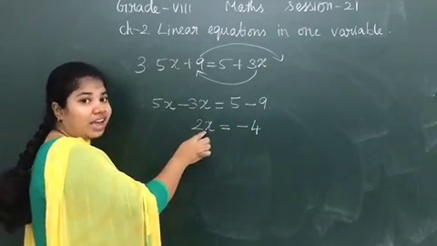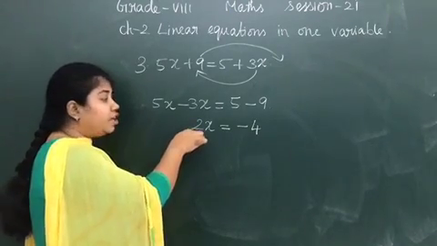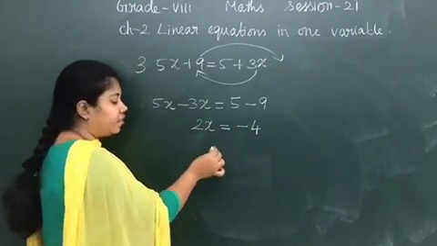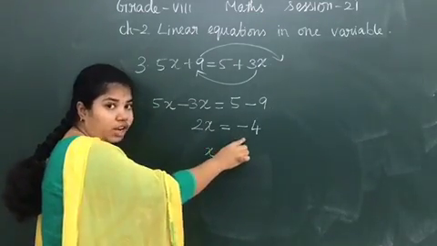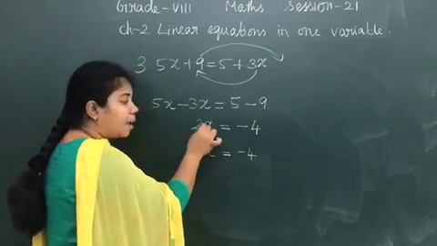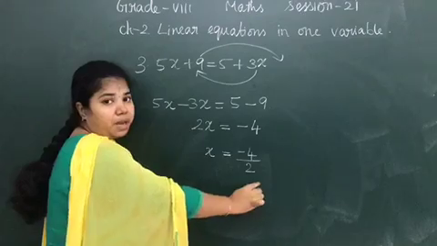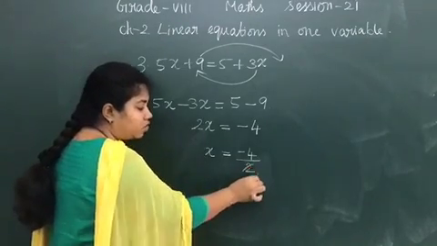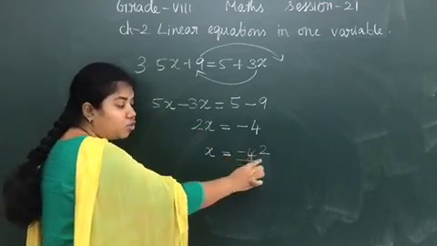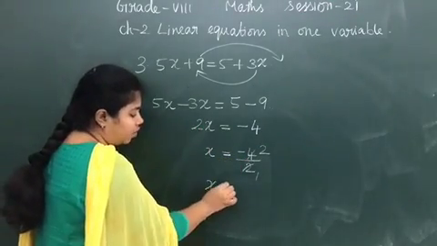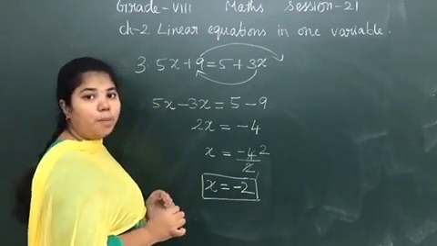Now 2x. x is in multiplication with the number 2. So when 2 goes to RHS, it becomes division. Very good. So variable x remains the same, is equal to, this number in the RHS will be written first and the number transposed will be written second. That is, it is in multiplication. Now it becomes division. Okay. 1 2 is 2 and 2 2s are 4. And you should not neglect the minus. Minus 2 is your answer. So x is equal to minus 2. My answer is x is equal to minus 2.